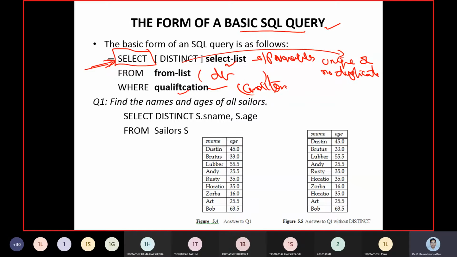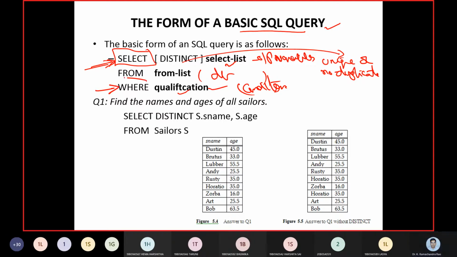So in general, a query will take the DISTINCT element, which is optional, followed by the select list, then the from list, and the qualification. The select list contains the output variables, the from list will contain the tables, and the qualification is the condition to be met.